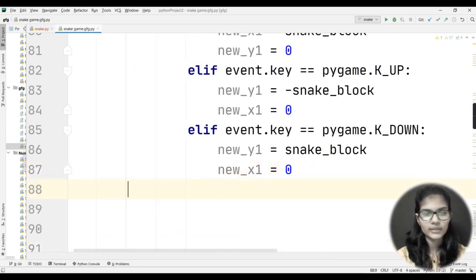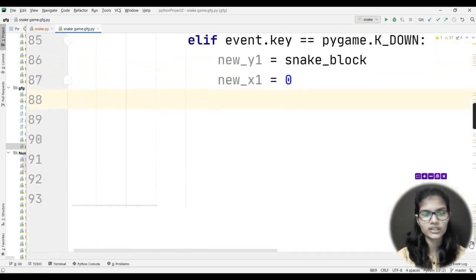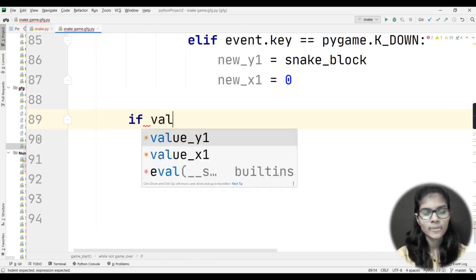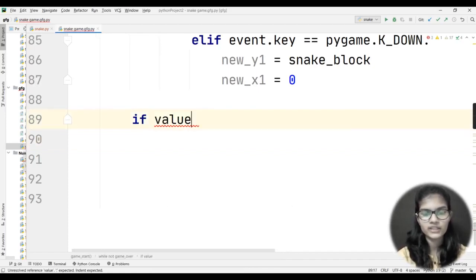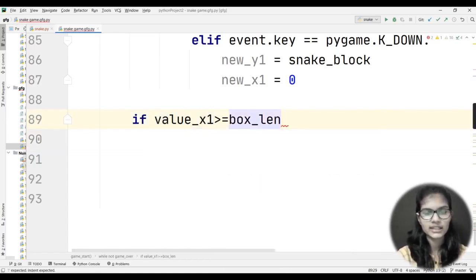Okay, now let me see where to come out. So outside the for loop, now I'll be coming out, and let's write out the further things. Here I'll be applying some conditions, basically when to close my game, when not to close, and all that. So if value_x1 is greater than or equal to box length, okay, if this is the condition,